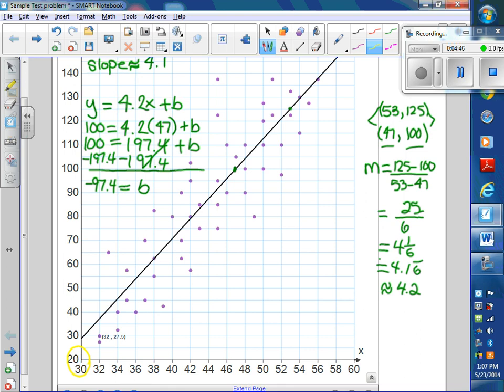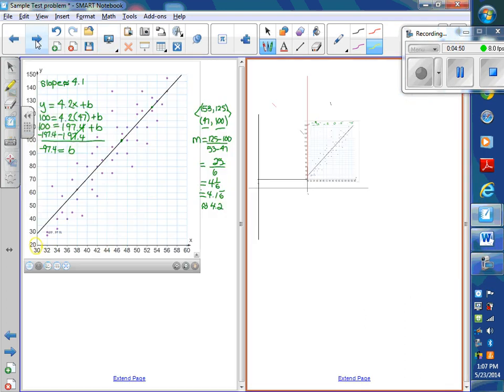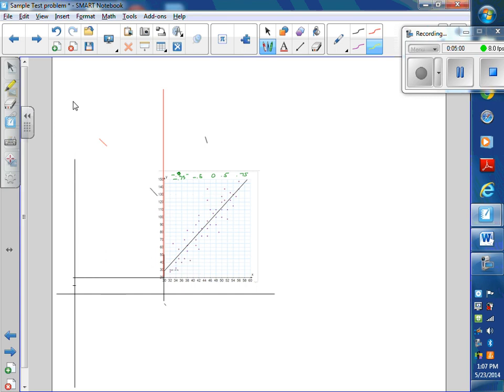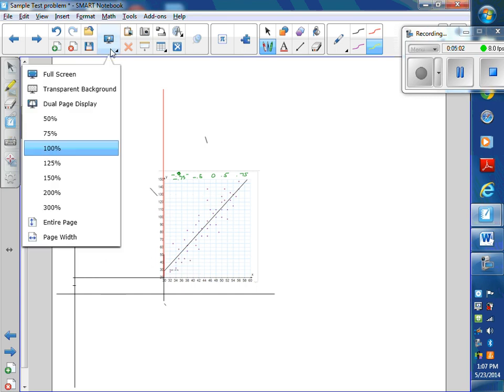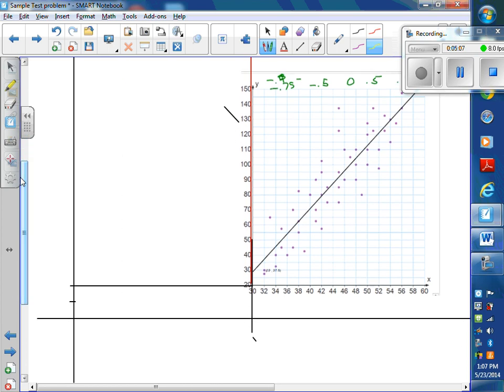So if I took a snapshot of this picture, which I had done earlier, and put it on an axis, and I'm going to look at that axis, that on the right is this graph blown up. So if I blow it up a little bit more so you can see this,